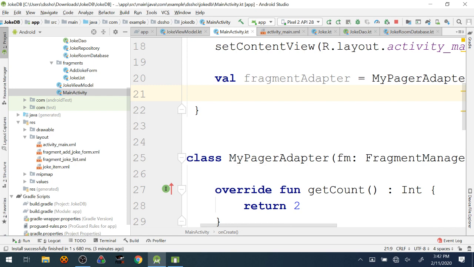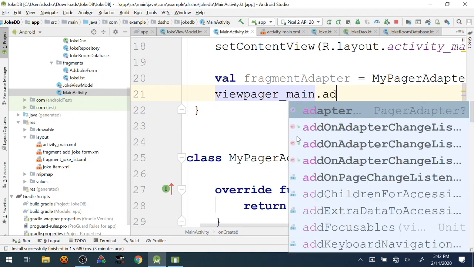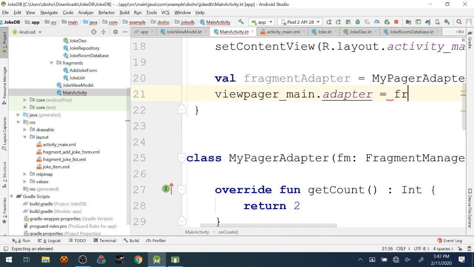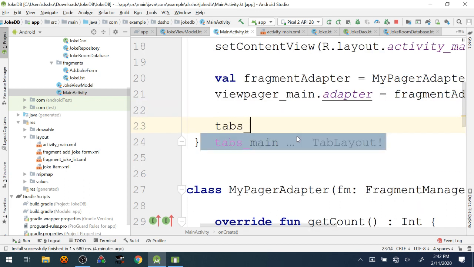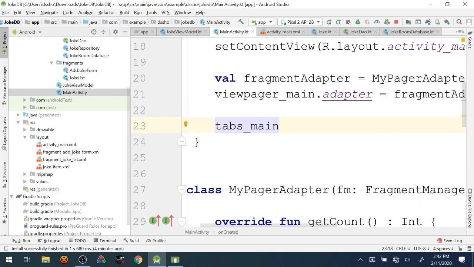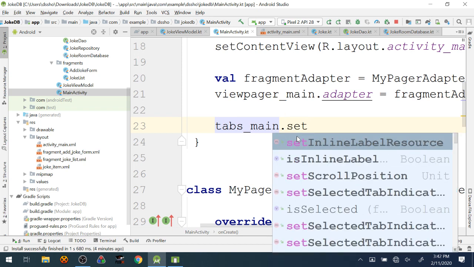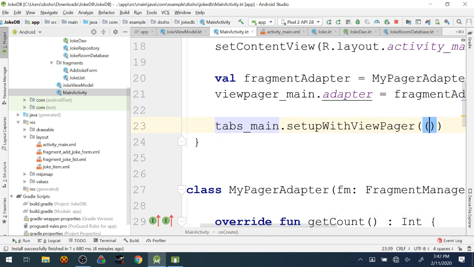So we're setting stuff up with the app to use this new adapter. And then there's one more line of code. I'm accessing the tabs view and saying use this view pager. Oops.